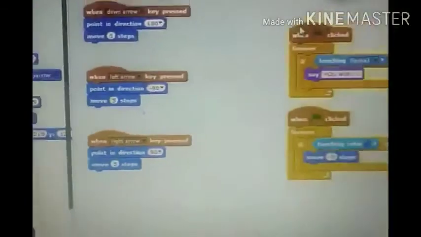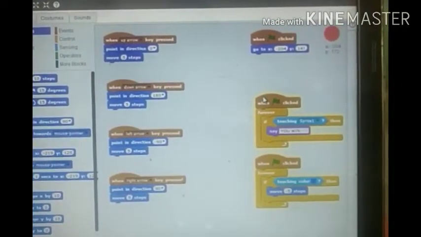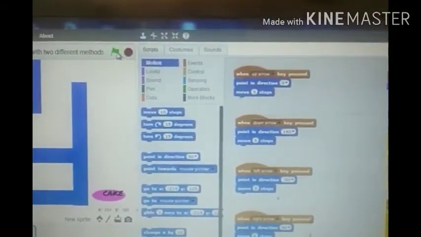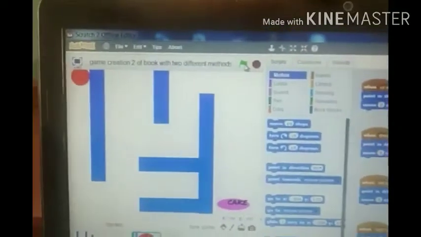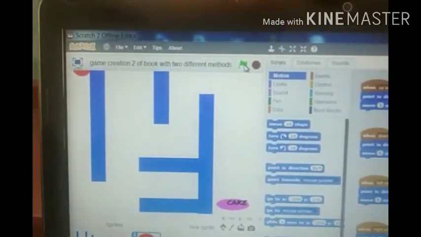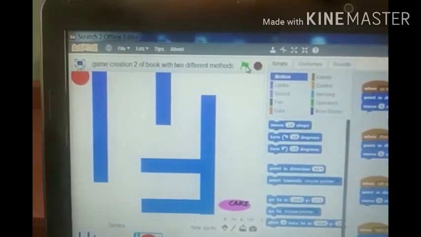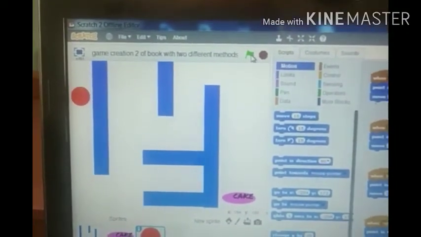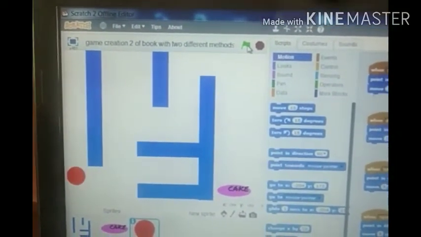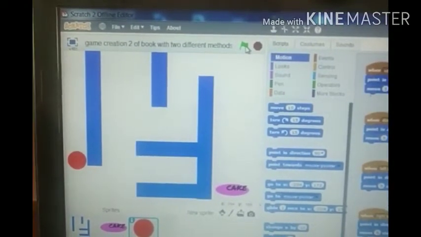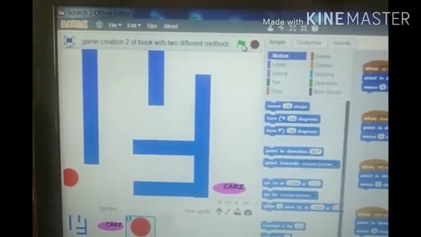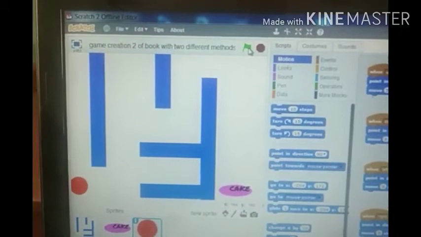So in total we have to write 7 blocks of code, each having 3 to 4 instructions, and after that, at the correct positions, we will click the green flag. Our program is going to start, the ball is there, and we will move the ball from the top, using the down arrow we will move it to the last. Whenever it is touching the wall, automatically it goes back to the position, and in this way it moves downwards.